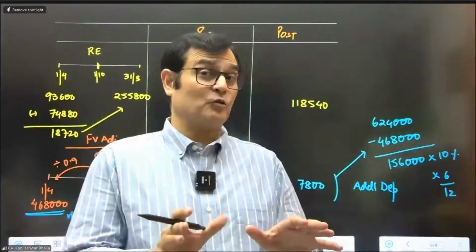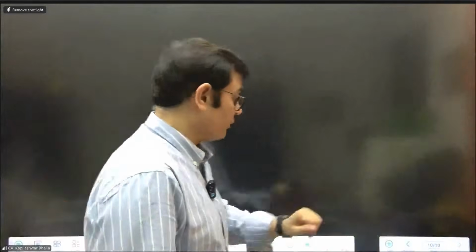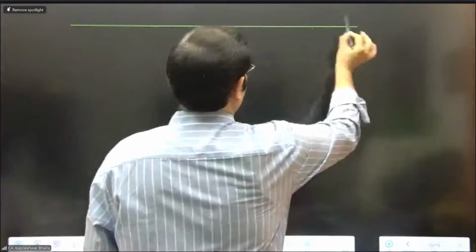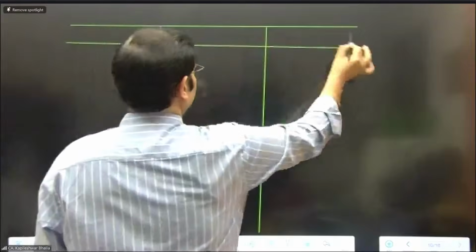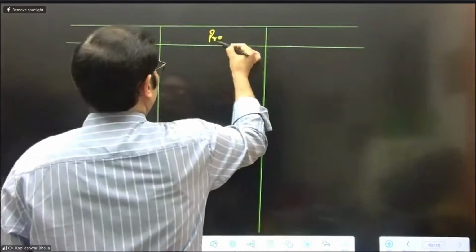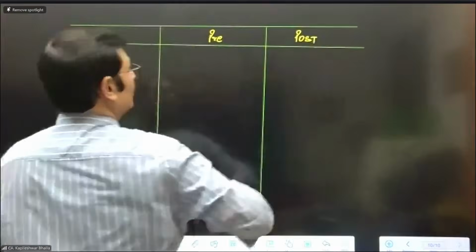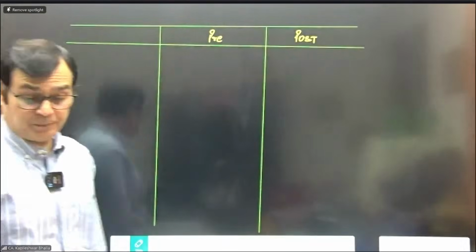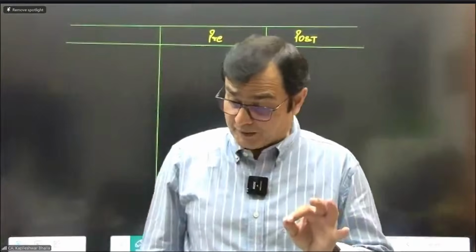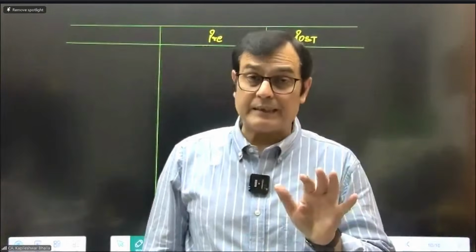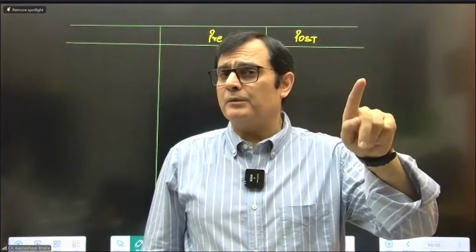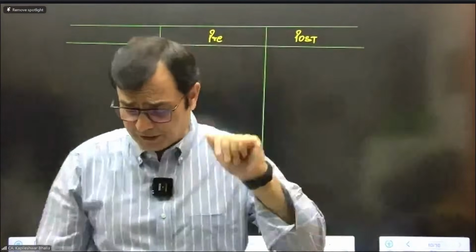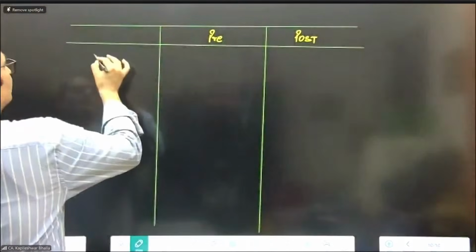See, once you keep your focus clear, it's not a difficult job. Then let's proceed further. Let me get the extended analysis further. So this is pre and this is post. Now there are some more fair value adjustments which are given in the question apart from point number 4. There is something in point number 5: land and building, inventories, and trade payable. And the best part is inventories are still unsold and trade payables are still unsettled. So we can comfortably consider this. So there is a fair value adjustment further,